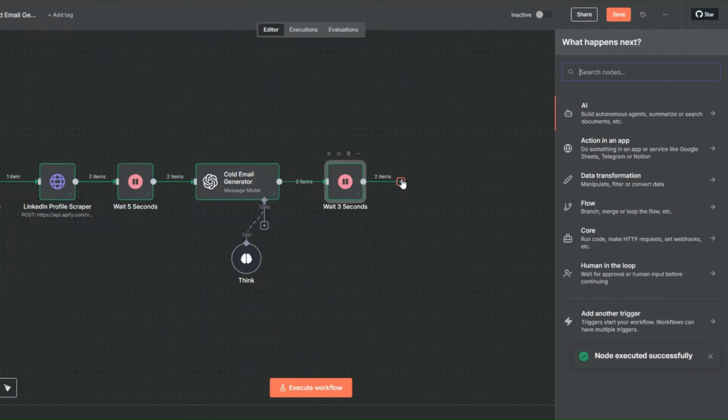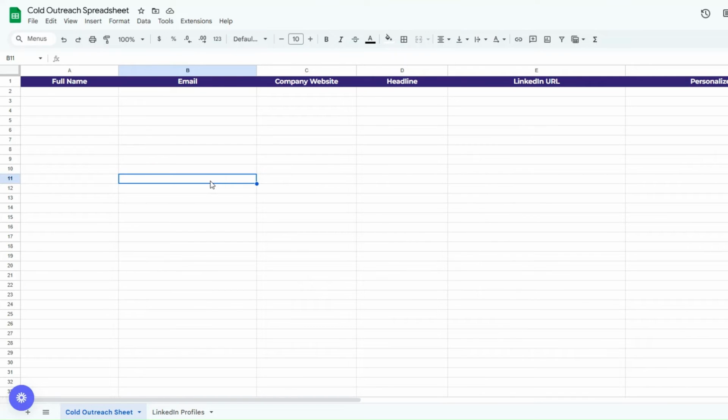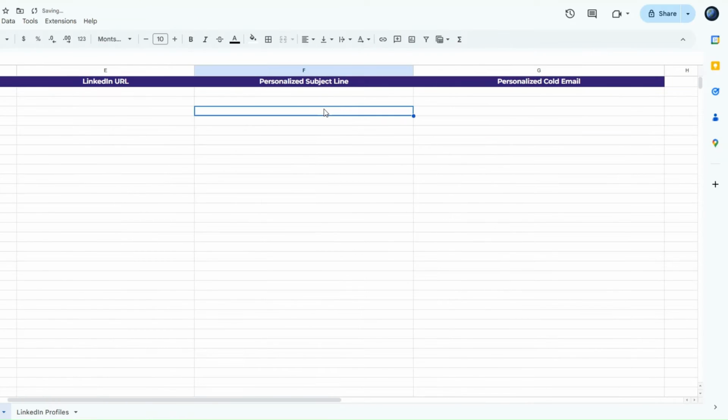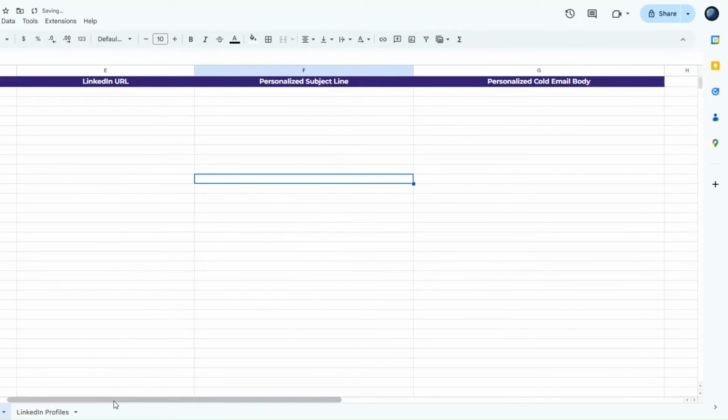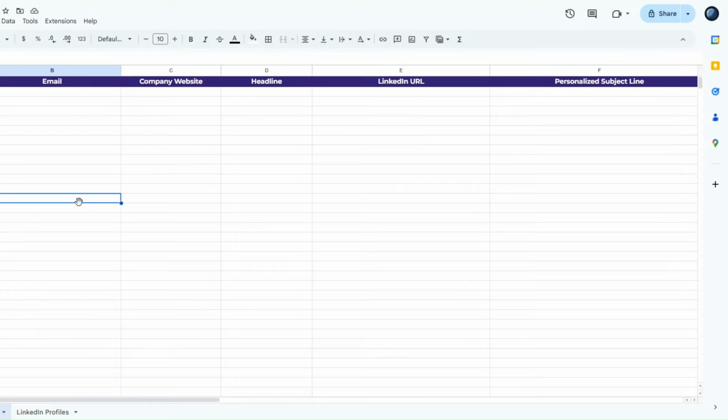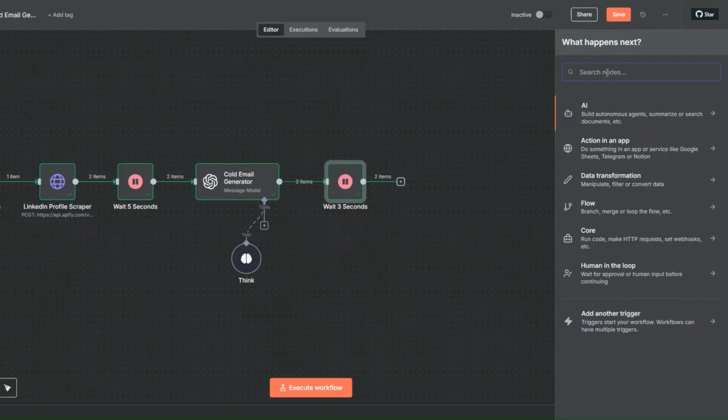Now we can proceed to add our call email scripts to a spreadsheet. In Google Sheets, I've created a spreadsheet that I've renamed to call outreach spreadsheet. In this sheet, we're going to add their full name, the email, company website, headline, LinkedIn URL, personalized subject line, and the personalized call email body right here. So to add our call email to this spreadsheet, go back to our workflow and search for Google